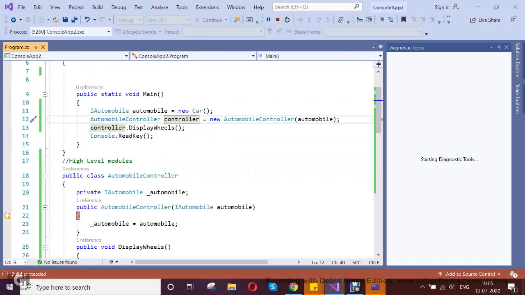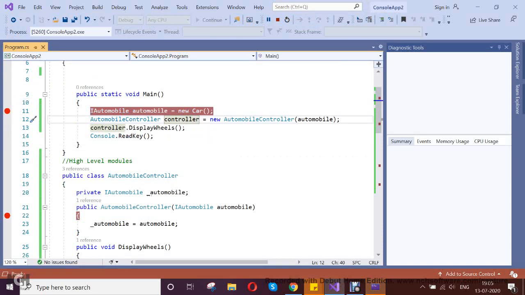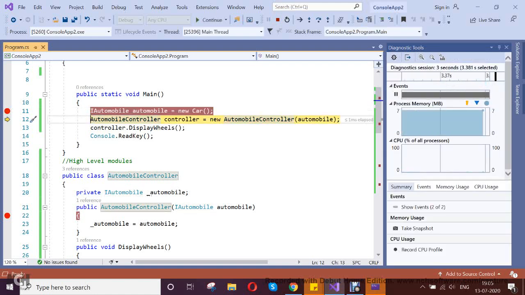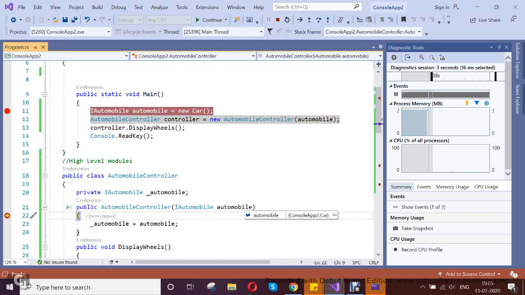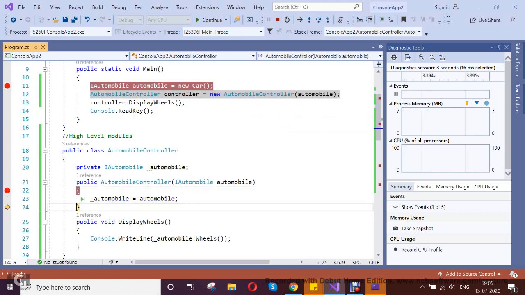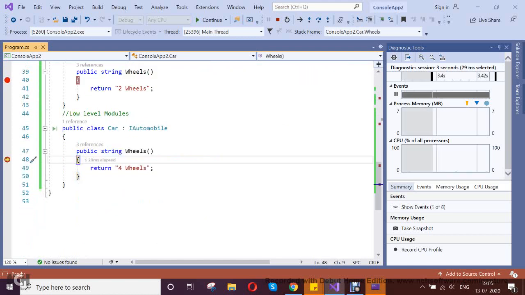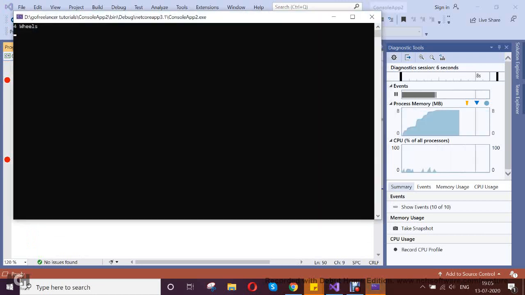F10. Now my interface is holding the car entity. I create the instance of my high level module, then inject the car here. Now it is holding the car. The next step is display wheels. It hits my wheel and gives me the result of four-wheeler.